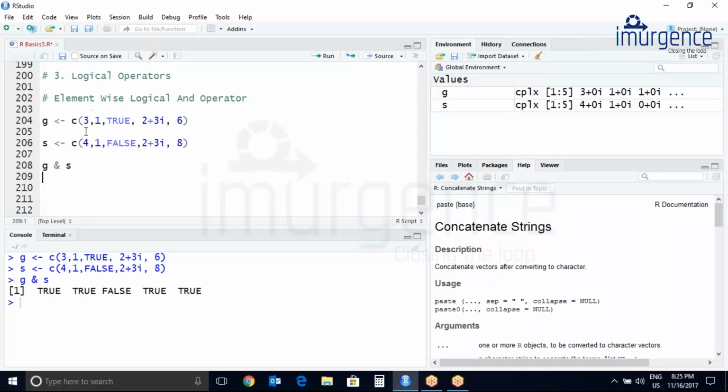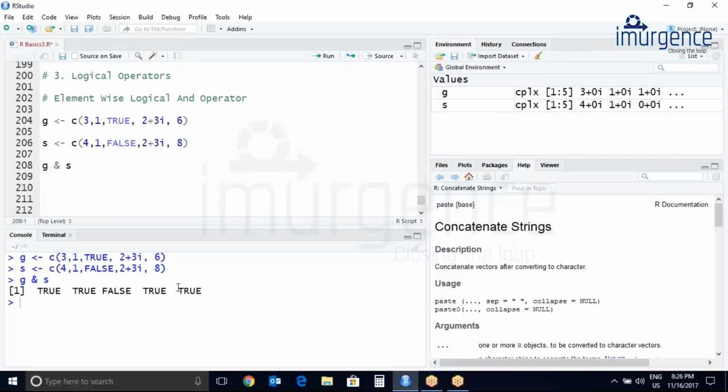If you know the truth table, 1 and 1 is 1, 1 and 1 is 1. In this case true and false is false. Again 1 and 1, so it will be converted to 1 in this case. Then 1 and 1 is true, and again 1 and 1 is true.